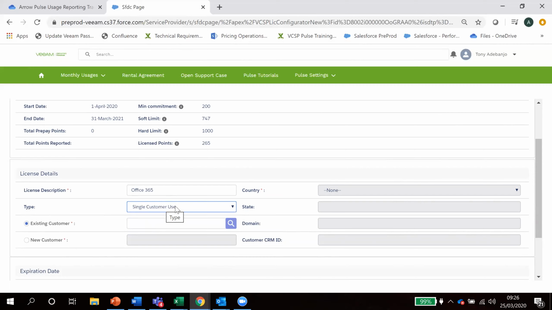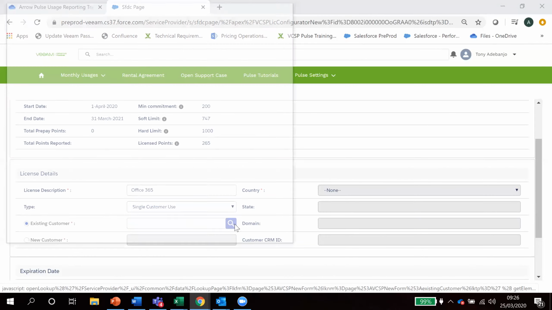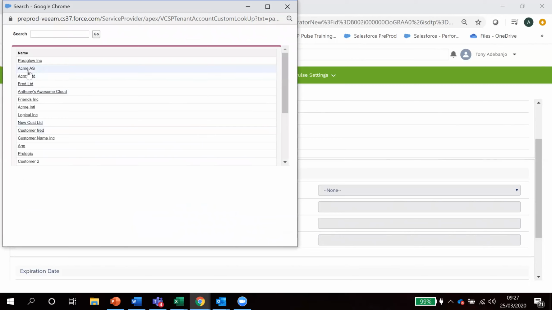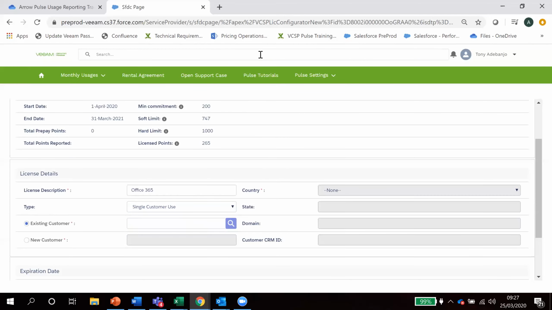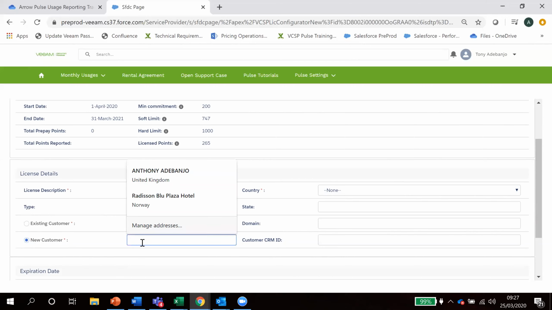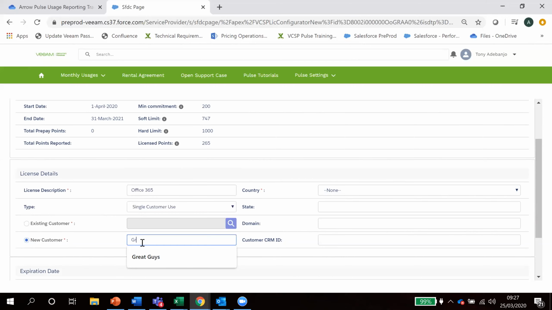If I select single customer use, I would have to enter the customer's name. So if it's somebody that I've already cut licenses for in Pulse, I can click on the search and it will show me the list of all the customers and I can select the correct one that I want. Alternatively, if it's the first time I'm cutting an end customer license for them in Pulse, just click on new customer and you can just basically enter